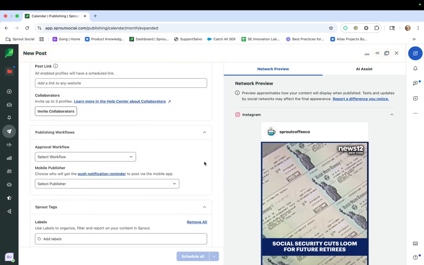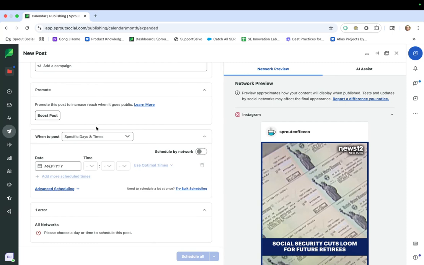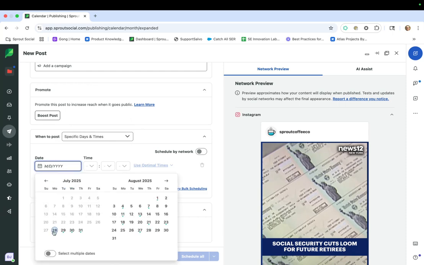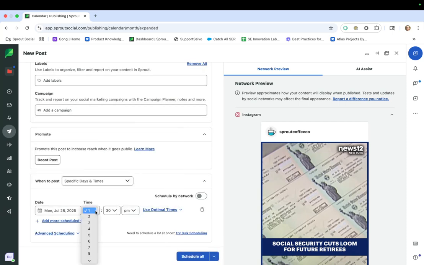When we're ready to start to send this post out, we can either submit it for approval if needed, or we can select the type of post that we want to send. If we want this to go out immediately, we would select that. If we want to auto schedule this using Sprout's Queue, we can do that. That'll pick a time for you to send out, or we can send it at specific times. So we just click on the calendar, pick the date and time that we want to send this out,